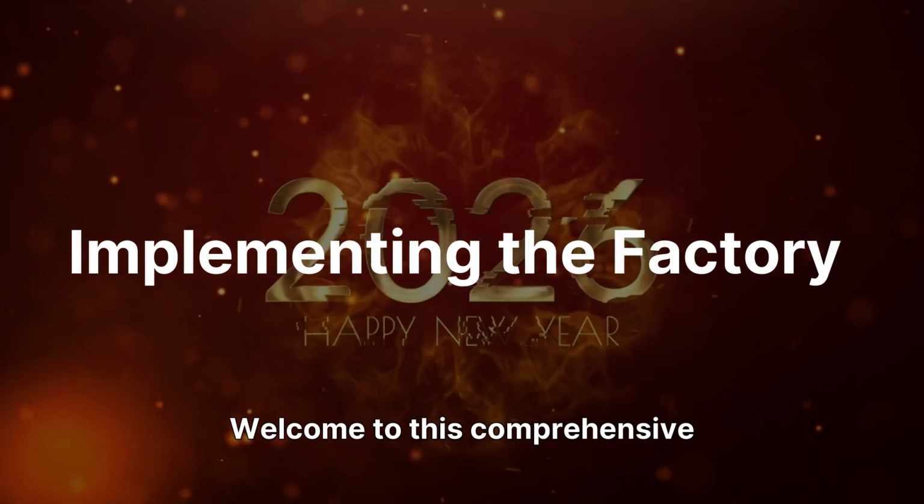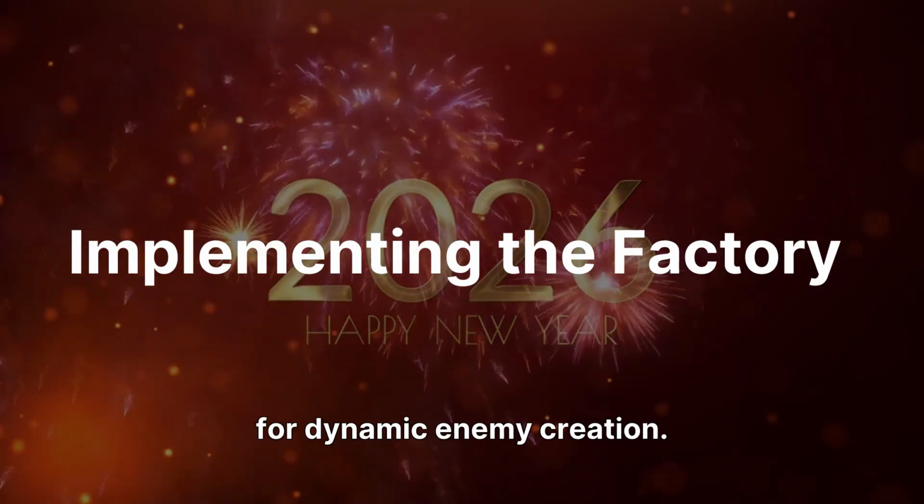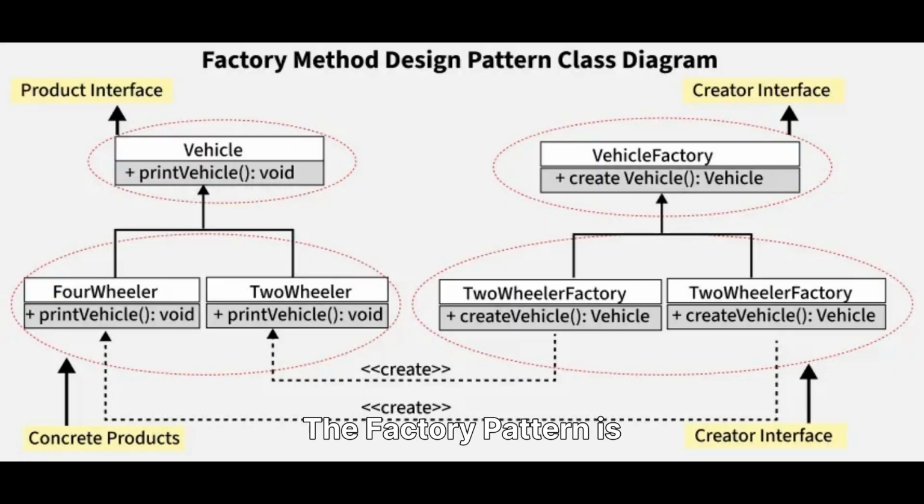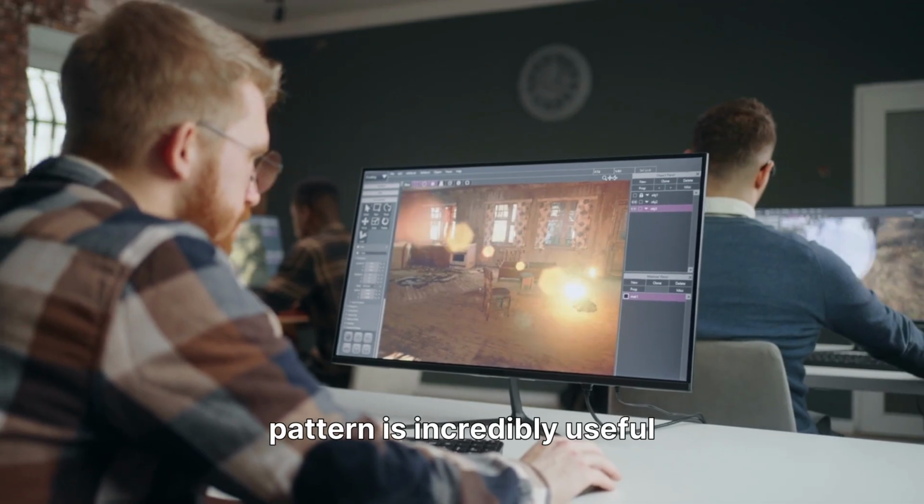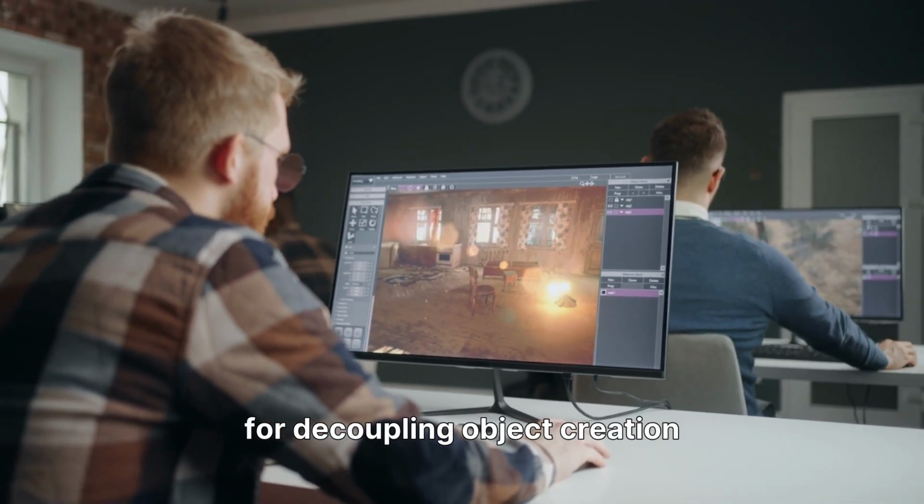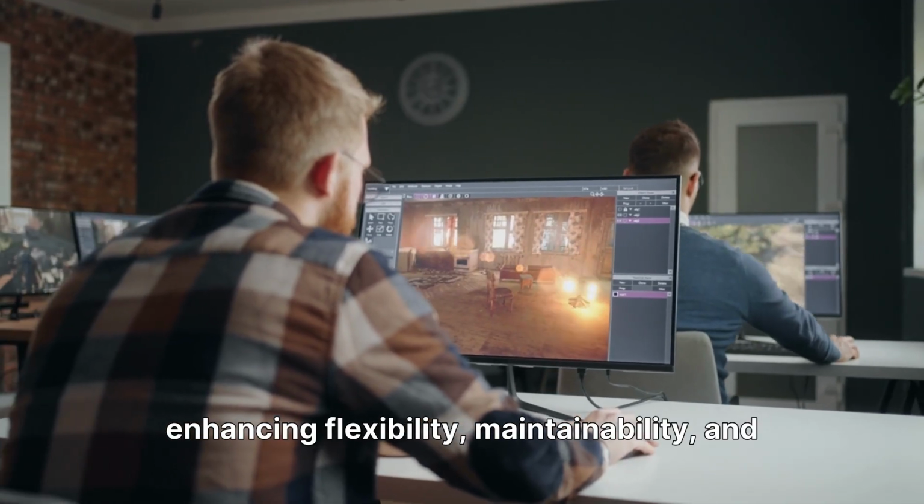Welcome to this comprehensive guide on implementing the factory pattern in Unity 3D for dynamic enemy creation. The factory pattern is a creational design pattern that provides an interface for creating objects in a superclass, but allows subclasses to alter the type of objects that will be created. In game development, this pattern is incredibly useful for decoupling object creation from the client code, enhancing flexibility, maintainability, and